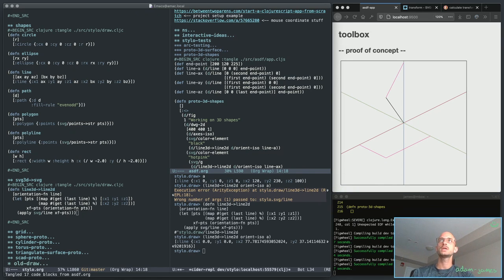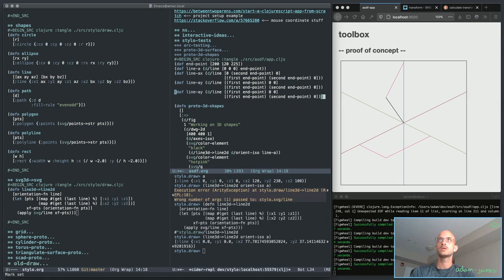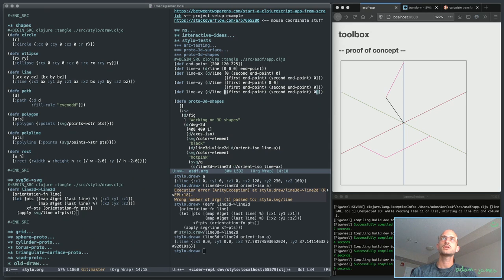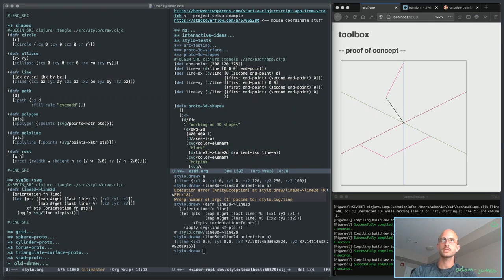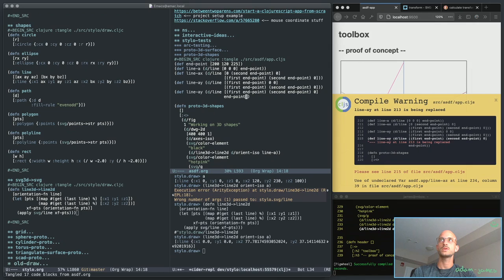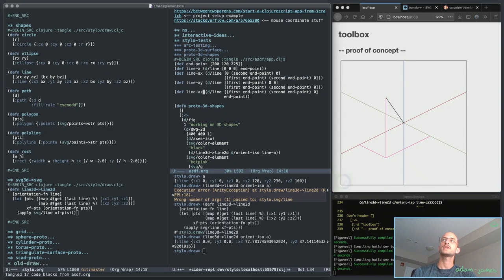Now this last one is going to be starting at this position and ending at end point. And that should give us what we intend, but this needs to be called AZ. There we go. That took longer than it needed to,